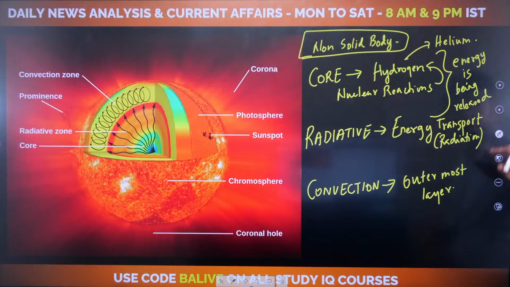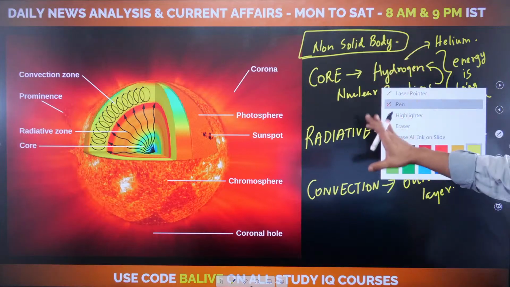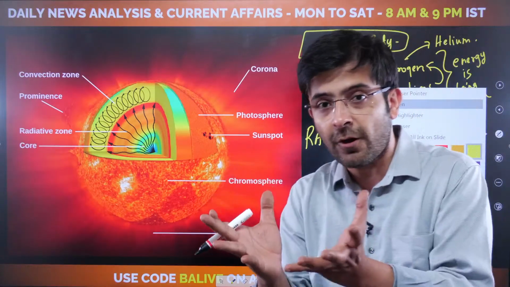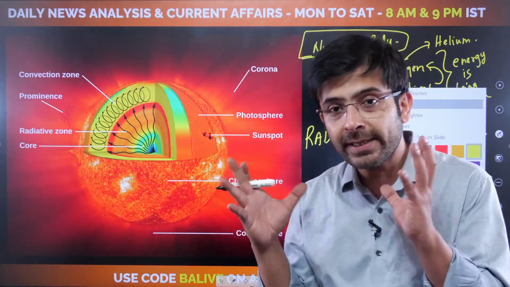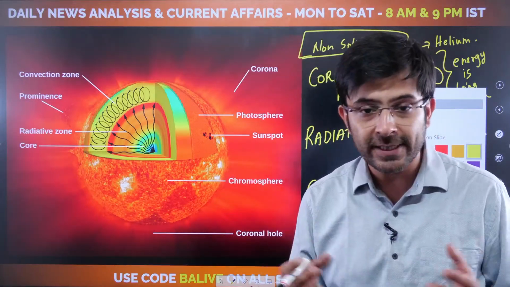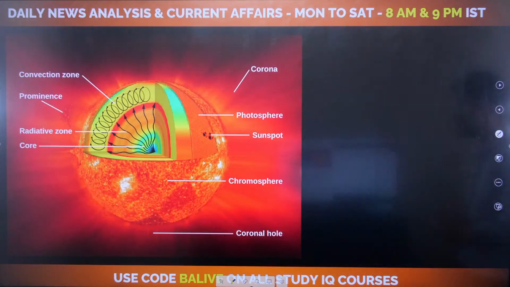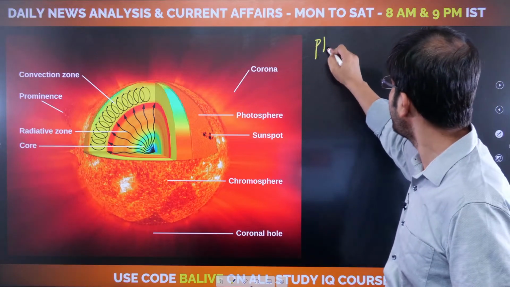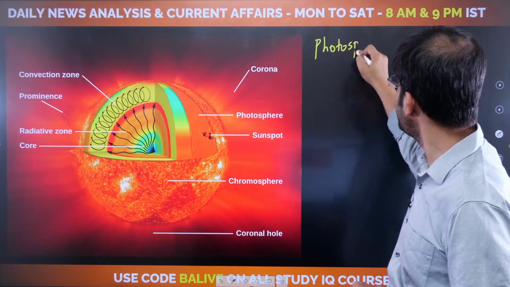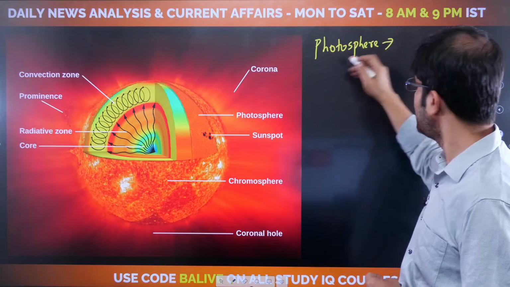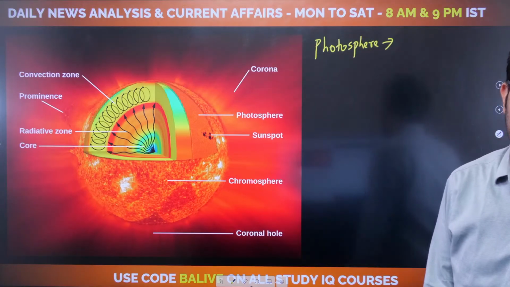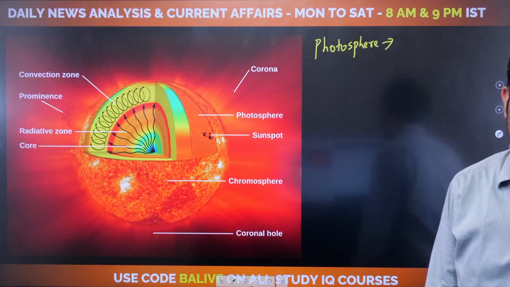Now, in terms of atmosphere, this is what I have told you about the inner workings of the sun. What about the sun's atmosphere now? Because the sun also has an atmosphere. So let's understand the sun's atmosphere now very quickly. All right. Number one, firstly, is the photosphere. All these terms are in this particular slide, in this particular diagram that I have introduced before you.